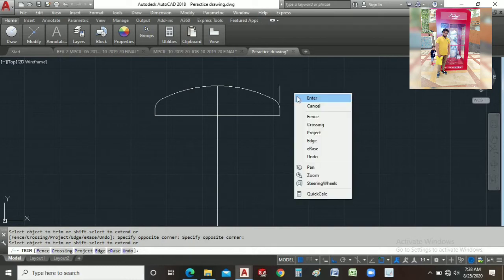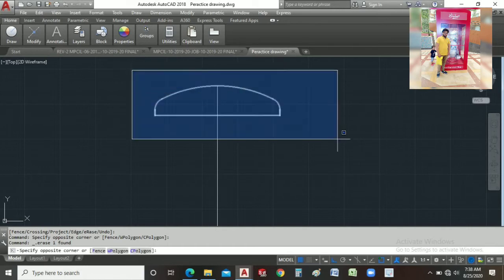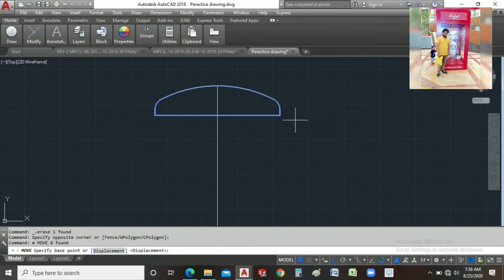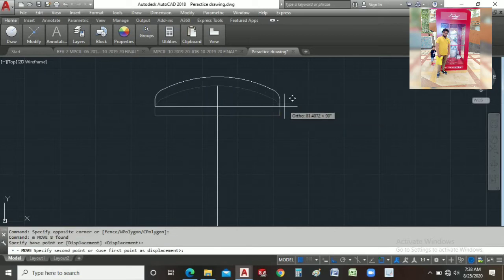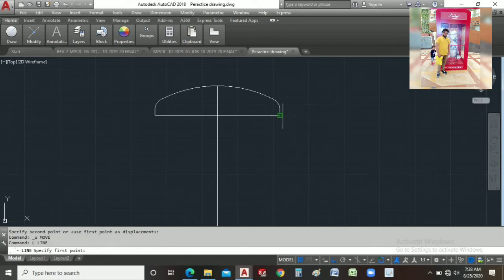So guys, this is our upper part. This is a torispherical disc with 10% radius, as we can see. Now we can place this disc anywhere we want, by selecting this and using the move command. Or we can start making our tank vessel from here. So this would be the idea of our tank, and this is the process we can follow.